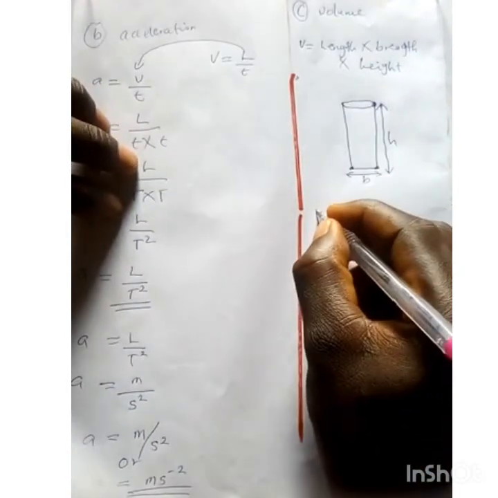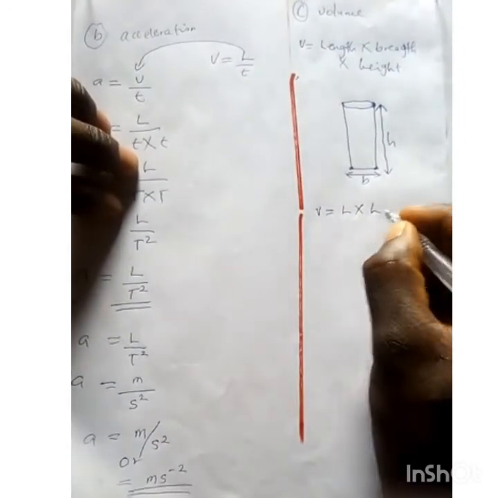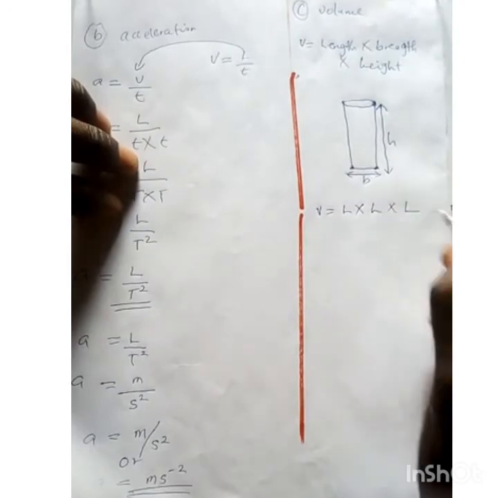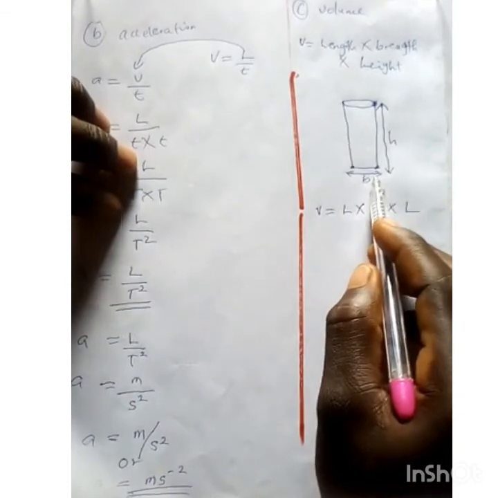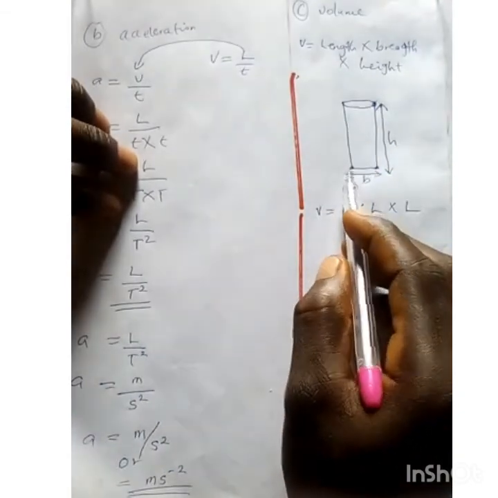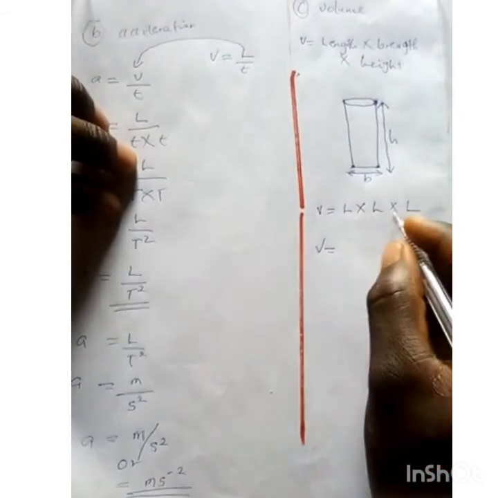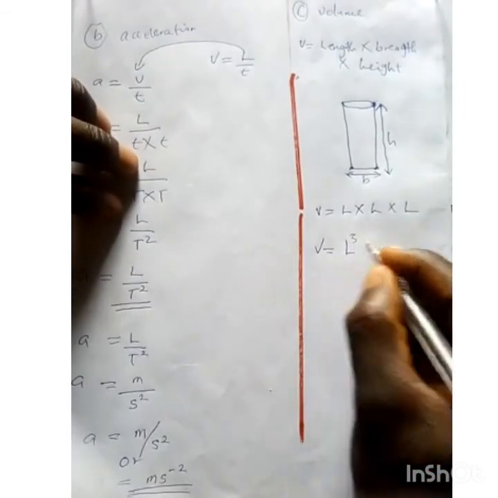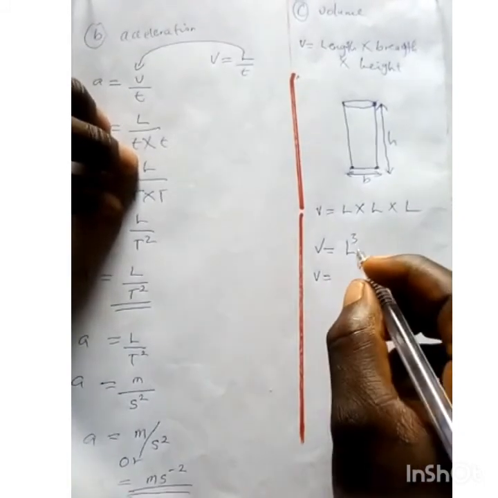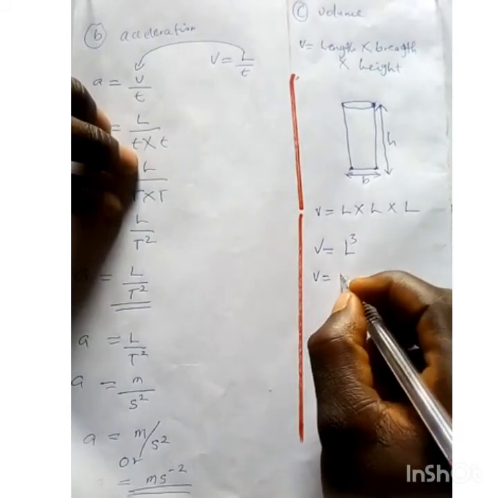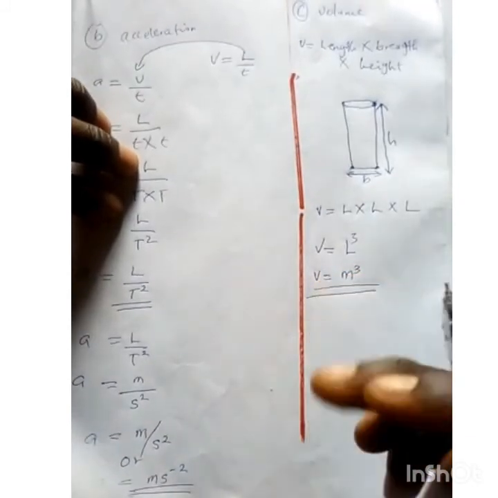So you can write that your V is equal to length times length times length, because between here and here is length, between here and here is length, between this point and this point is also known as length, so that you now have your V is equal to length times length times length, which will give you length cube. And the unit of V is equal to, since length is in meter, then you now have your meter cube. This is the dimension for